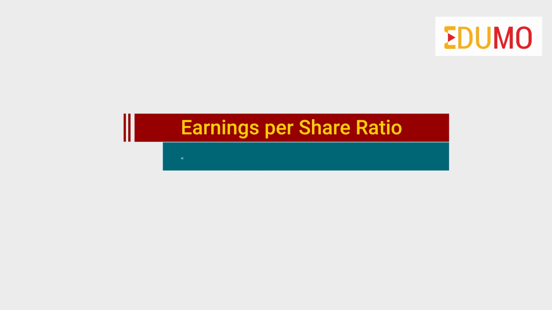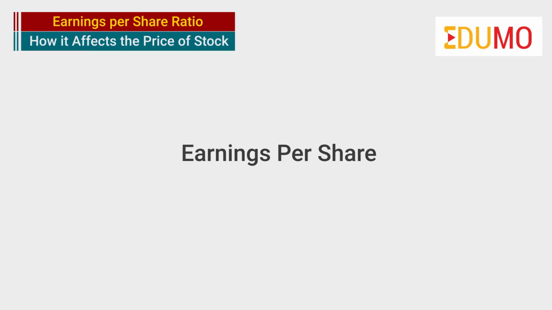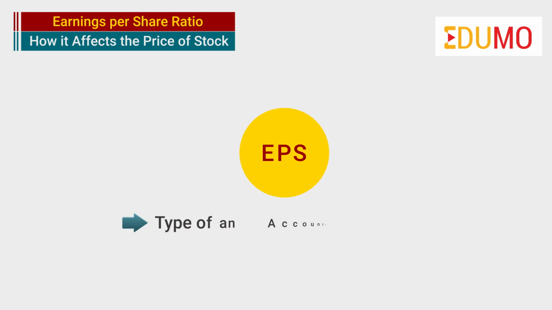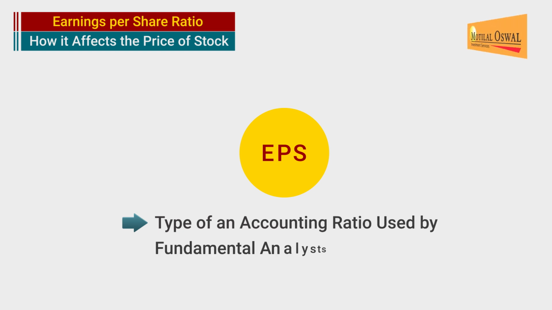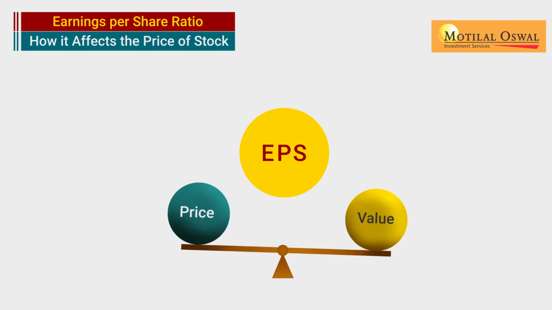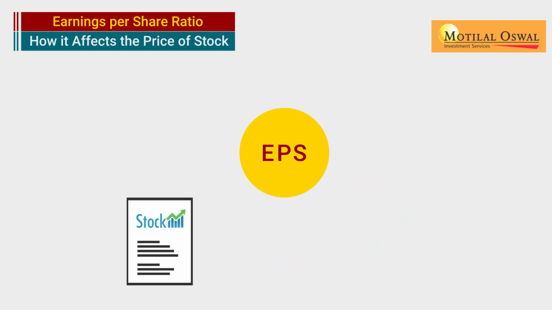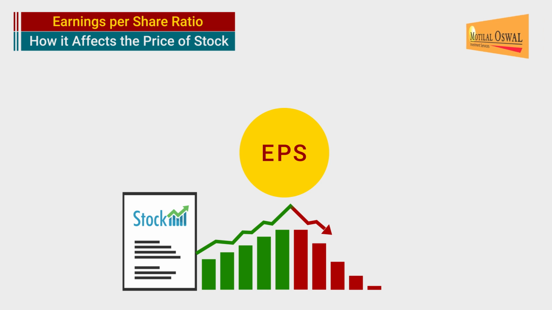In this video, we will talk about the earnings per share ratio and how it affects the price of a stock. Earnings per share, popularly known as the EPS ratio, is a type of accounting ratio used by fundamental analysts. It is considered to be one of the most important ratios which help realize a stock price or value. As the name EPS suggests, it is a measure of how much one stock has earned or lost over a